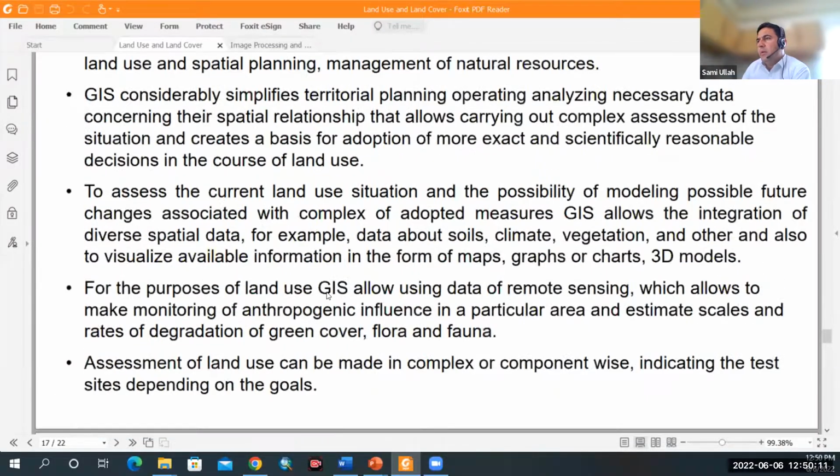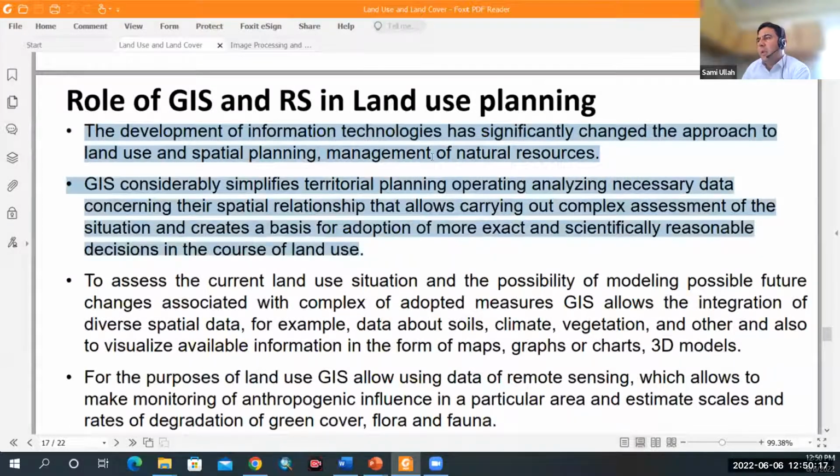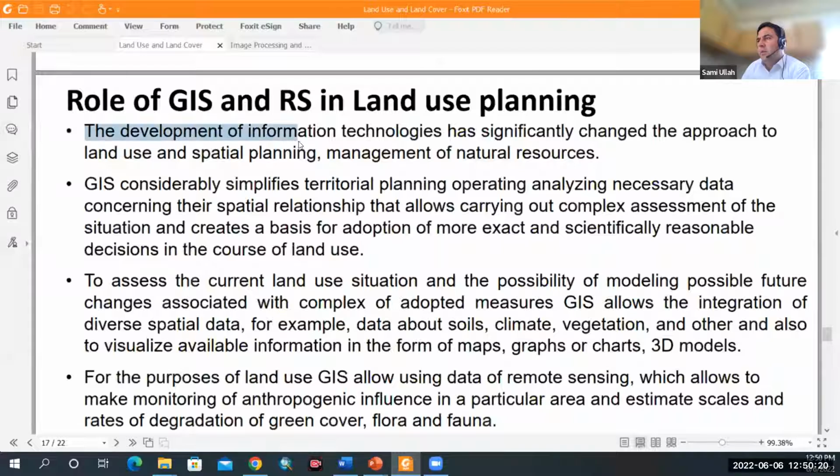So finally, we have to come to what is the role of GIS and remote sensing in land use planning. As you know, the development of information technology has significantly changed the approach to land use and spatial planning, and management of natural resources. Information technology is increasingly growing, and that has really changed the approach to land use and spatial planning and management of natural resources, because